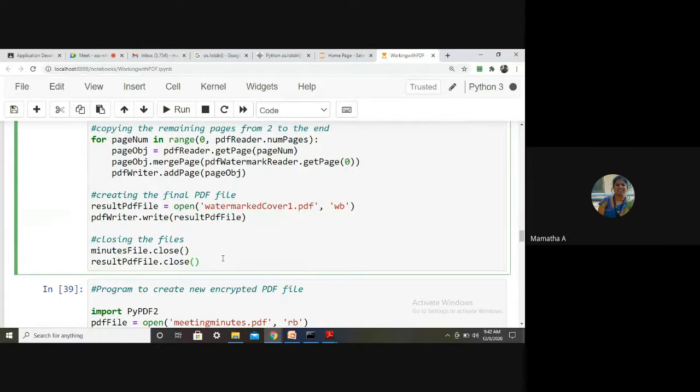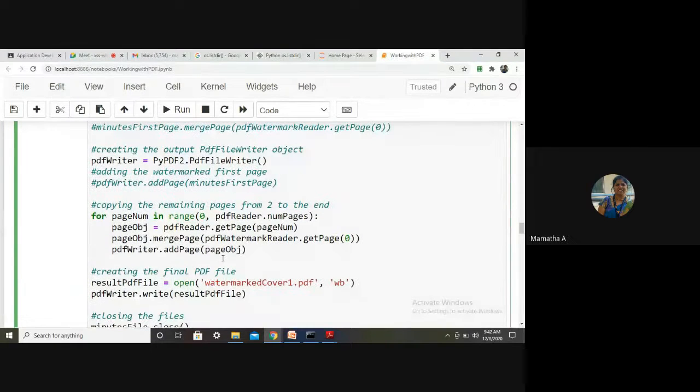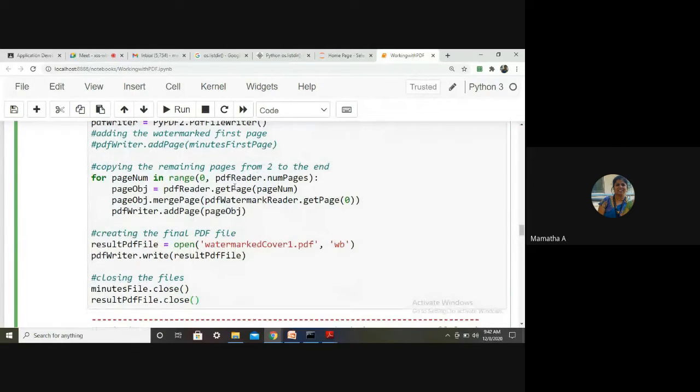Yes. Did you all understand? Okay. So you have to just extract the page, then call the merge page method with respect to the page object, and see the mistake I made. I gave a lowercase p, you have to give a capital letter, and then add it. Very simple as it is. But you have to work.